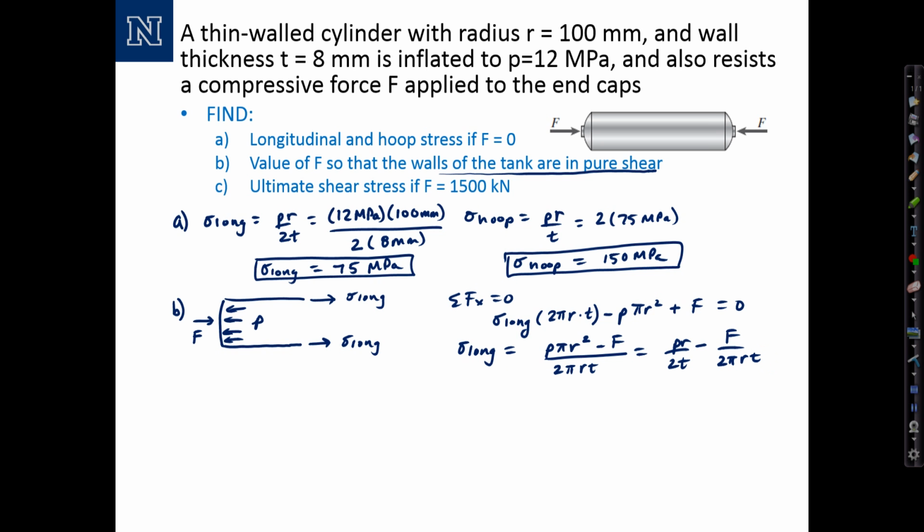Okay, as I indicated, the second part of the problem is to figure out what do we mean by the walls of the tank are in pure shear. And it seems like that may not be possible, but based on a little stress block, the walls of the tank, pure shear means that there is a state for the walls of these tanks where we can rotate and there will be only shear. There will be no normal stress. Okay, and it's obviously not the orientation I have shown, but if you remember, if we're pure normal stress and